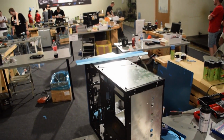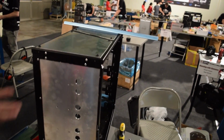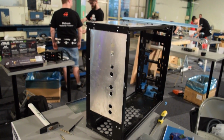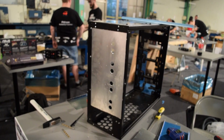What we're looking at is the cases. They've pretty much cut it up pretty good. This used to be the back of the case, so we're kind of thinking that they're flipping it. What we looked over there before looks like a panel that they might be covering the motherboard with, but